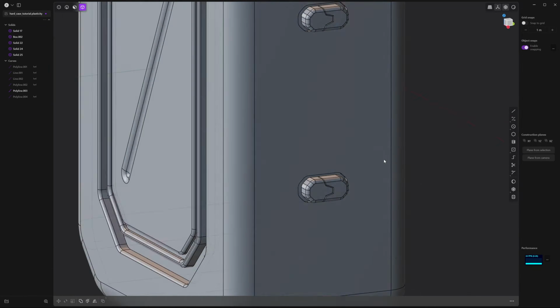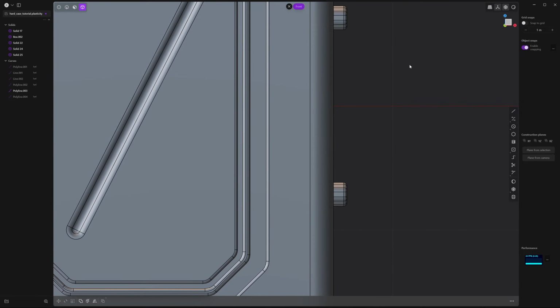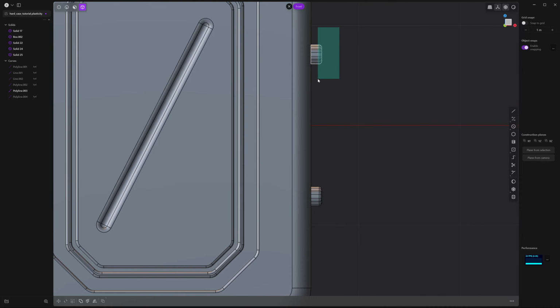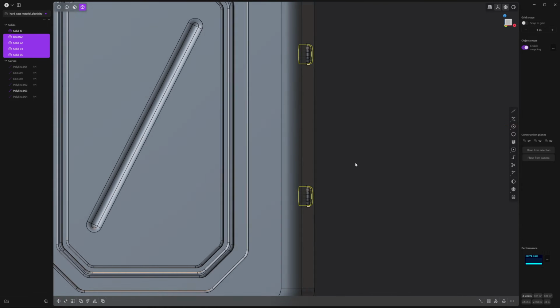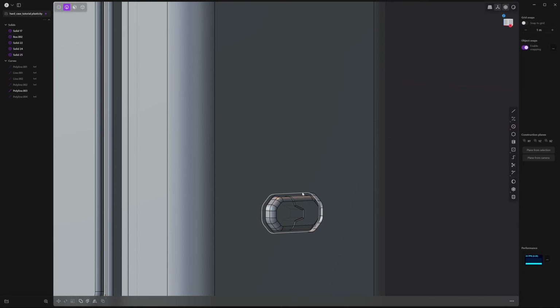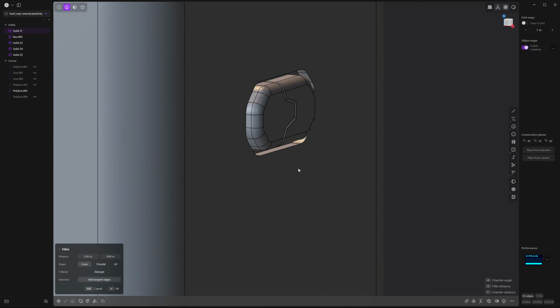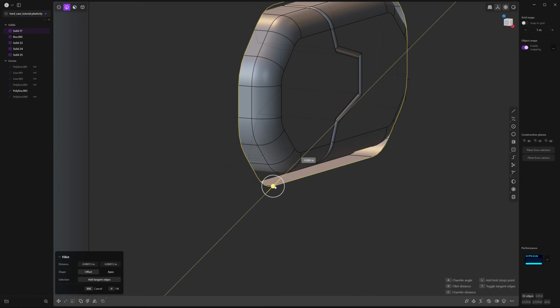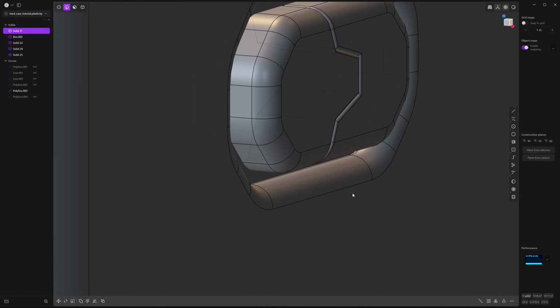And that'll create a nice inset for our latches to go into. Let's go to the front view, and in body mode, select these latches. Shift select the bottom one as well. Let's drag them inwards. Right click to accept and press 2 and hover over these outer edges. Shift select and alt click this top one as well, and we're going to fillet this as well. And right click to accept.